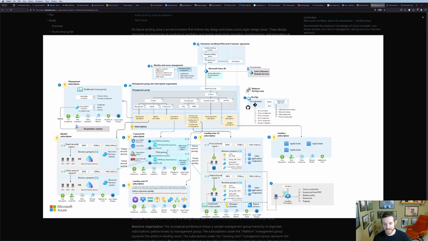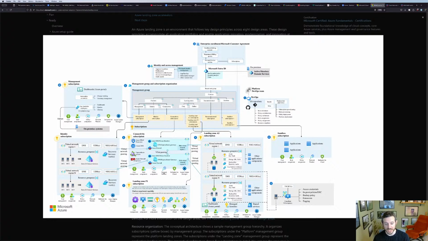You've then got connectivity. Connectivity can be external connectivity, and it can also be internal connectivity. How do you expose users internally in your business to different services? How do you expose external users to the services in your business? DNS resolution, connectivity between different VPNs and through firewalls, that type of stuff. So understanding and laying out your connectivity is important.